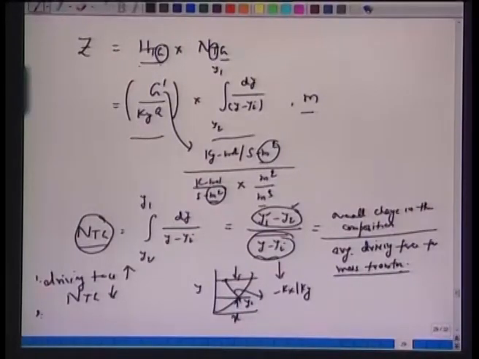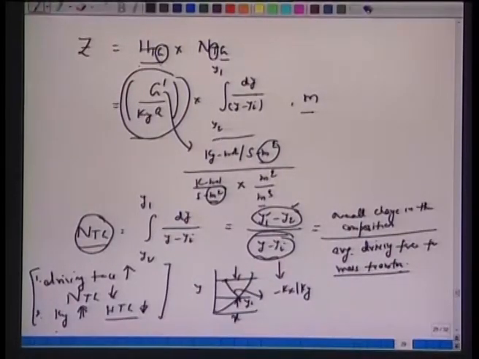And look at the expression for the height of a transfer unit. If the mass transfer coefficient is very large, then for a given Z, the height of a column will also be small. That is also very consistent with the physics of this problem. We will come back to this again and again, taking an example to see the physical meaning of the number of transfer units. It is nothing but the difficulty in the separation. A larger number of units shows that the driving force for mass transfer is small.